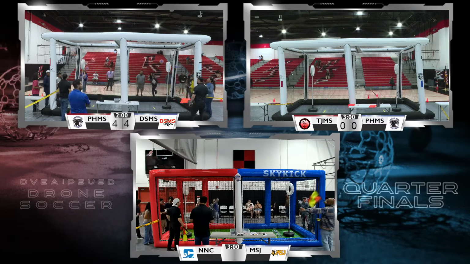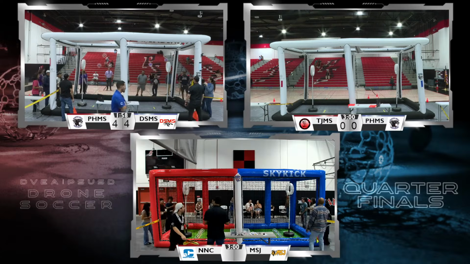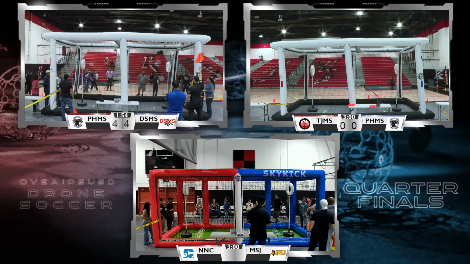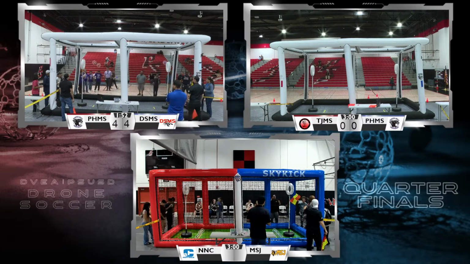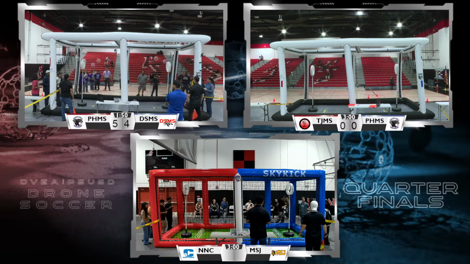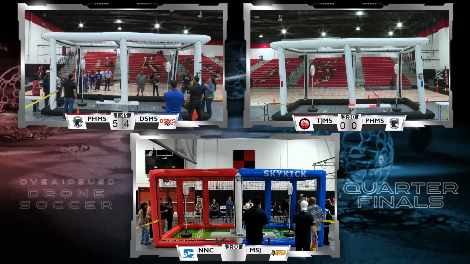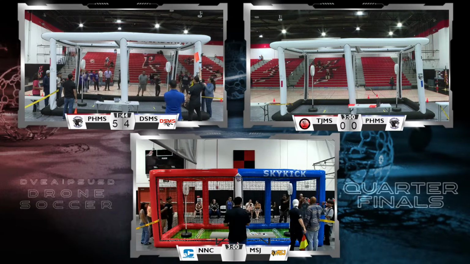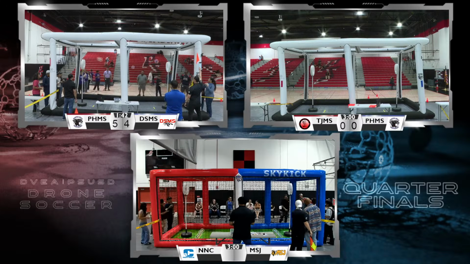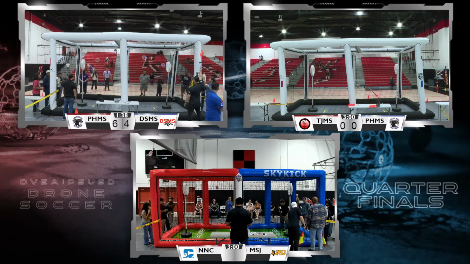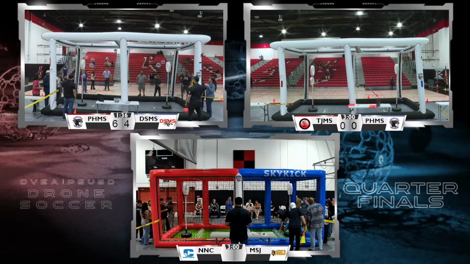Coaches, as parents and spectators, we have to be cognizant that teams have a lot going on, students have a lot in their brain, respecting their space, respecting the space of the referees who are paying close attention, trying to judge the matches as fairly and accurately as humanly possible. As you can imagine, these matches are difficult to judge at times.